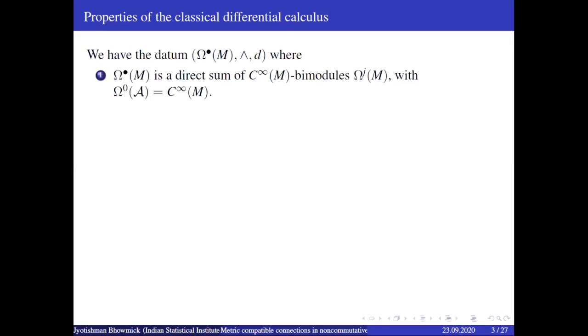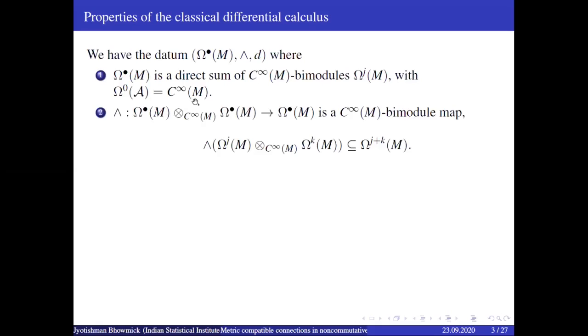Omega^•(M) is a direct sum of this, with the zero forms being just the algebra C^infinity(M). Then let's get to the wedge. Wedge is a C^infinity(M) bimodule map, meaning that